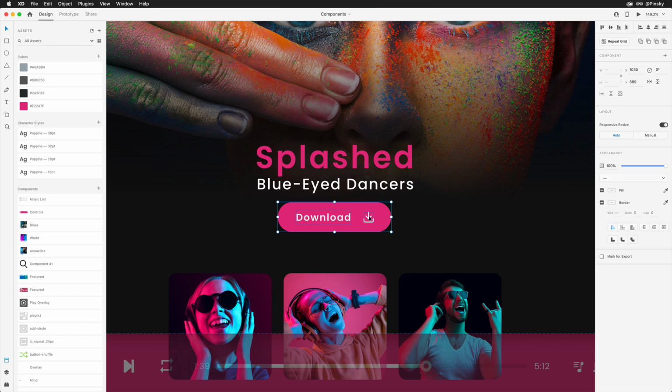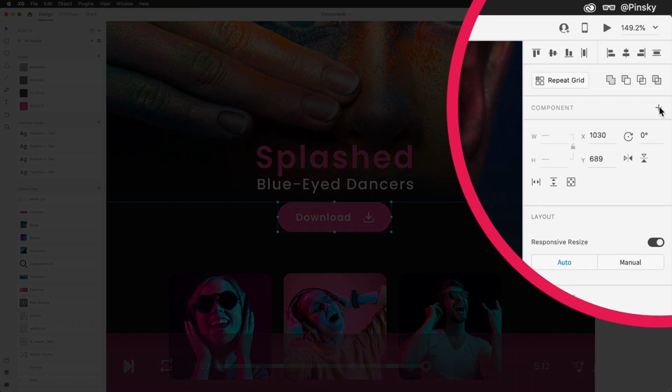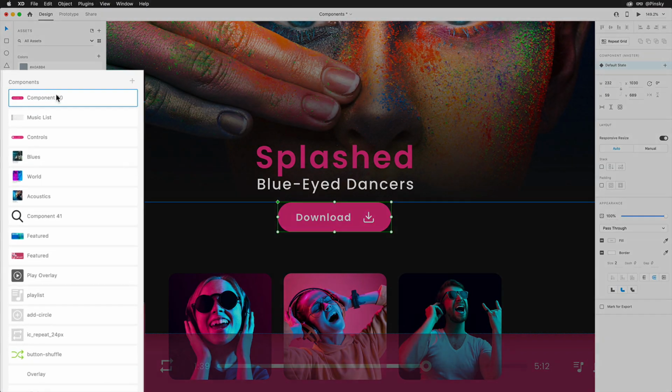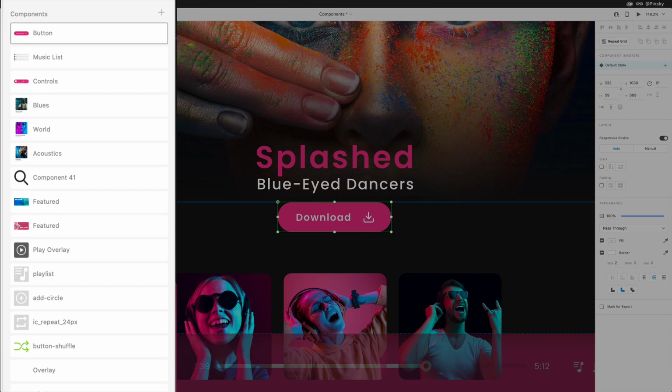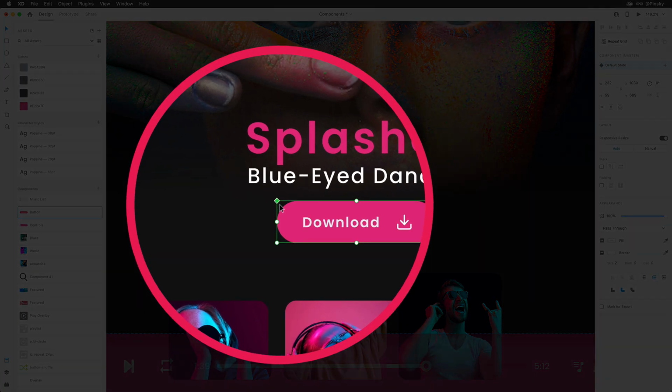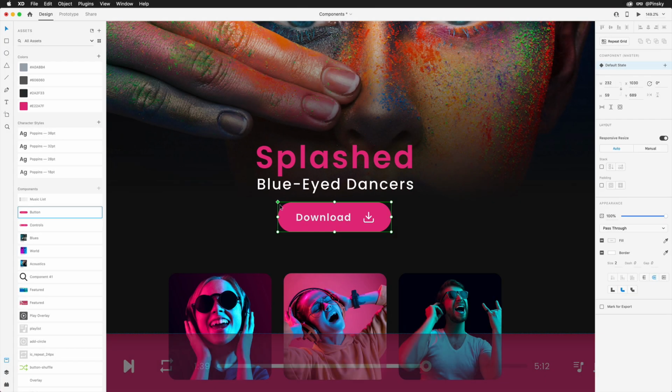With the element selected, I can create a component by pressing the plus button within the Properties Inspector or the Command-Control-K shortcut. This will pop it straight into the Assets panel, where I can rearrange and rename if necessary. The diamond at the top left lets us know that this is the base component. Any changes made to your base components will push to any instance or state where the targeted change was not overridden. You'll see this in action in a moment.